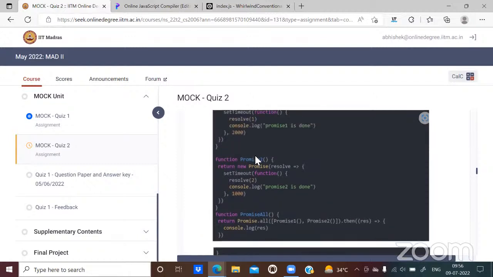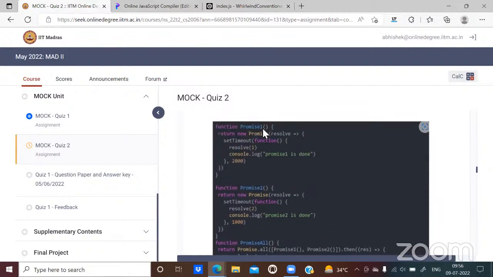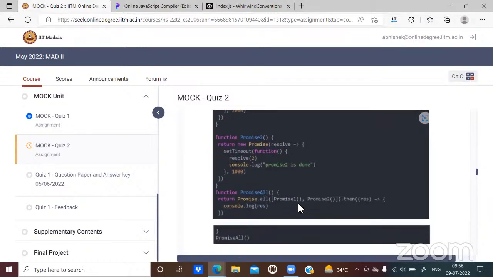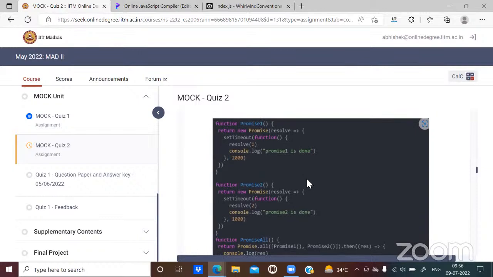So we saw that promise 2 resolved before promise 1. But here, when we are trying to find out what this list is going to be, we need to keep the sequence in mind. It doesn't matter which one resolved first. So the message returned by promise 1 is going to be the first element, and the message returned by promise 2 is going to be the second element. What is returned by promise 1?